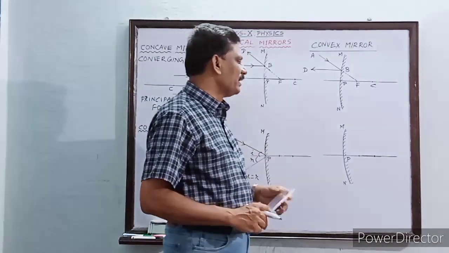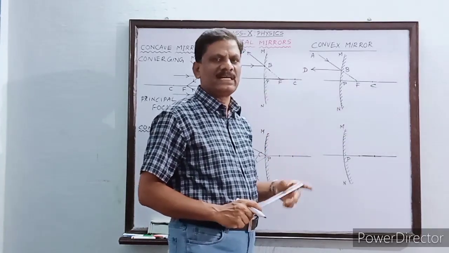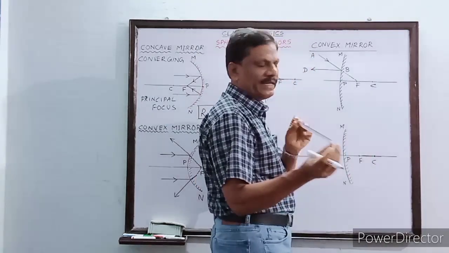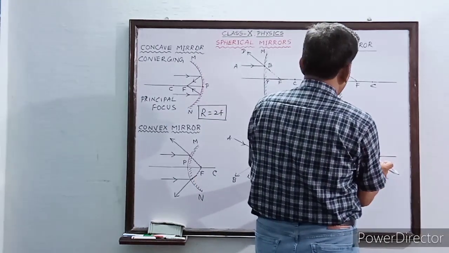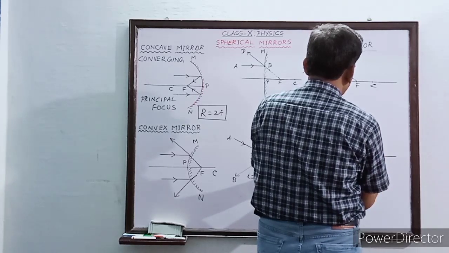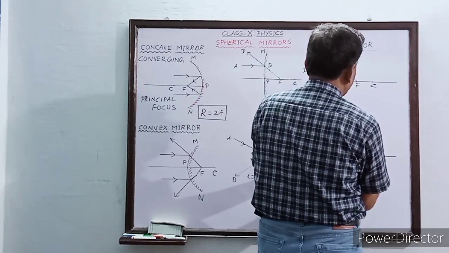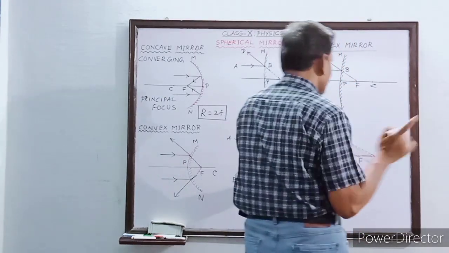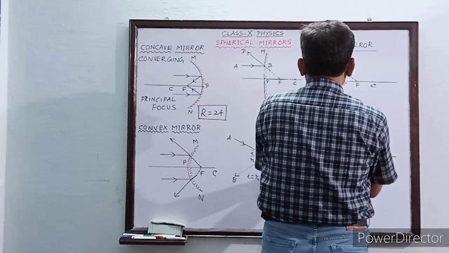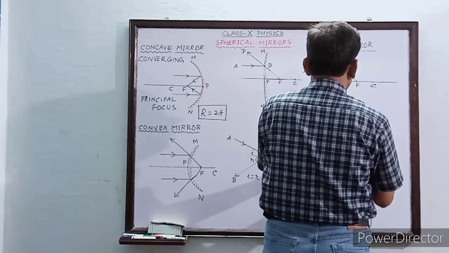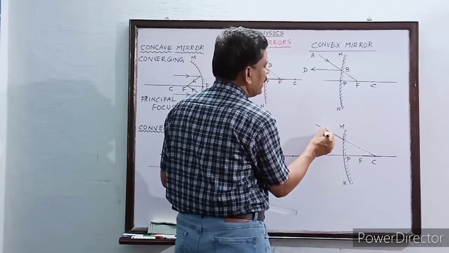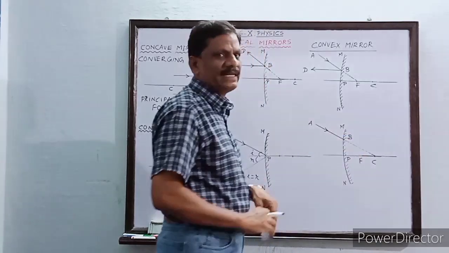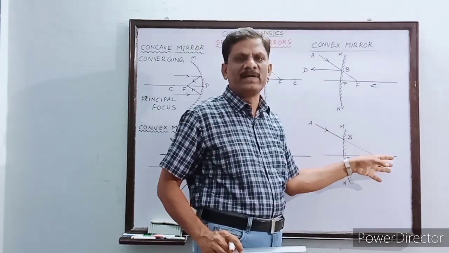Now the fourth one: the incident ray is passing through the center of curvature, let us take. So first you note down the points F and C, keep the scale at C, and from the mirror up to C you will have to draw a dotted line. Actually light is not entering and passing inside the mirror, it appears to come from the point C. So a straight line is shown like this. This is the incident ray, and this is A and this is B. AB is the actual incident ray. When it is produced, it appears to be incident at the point C.